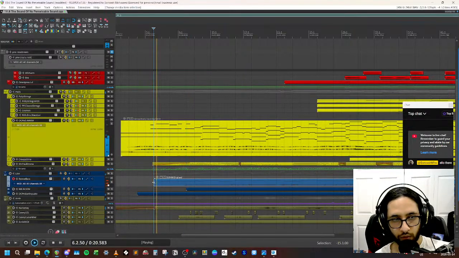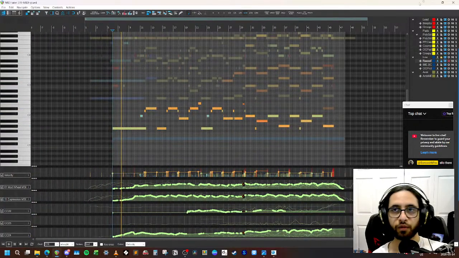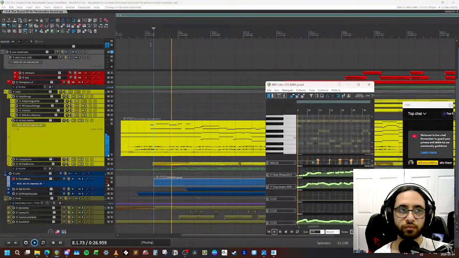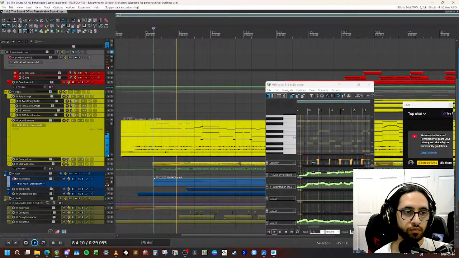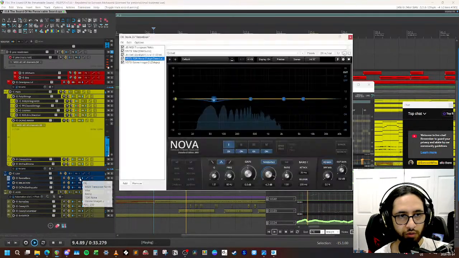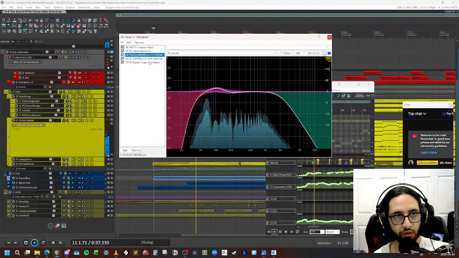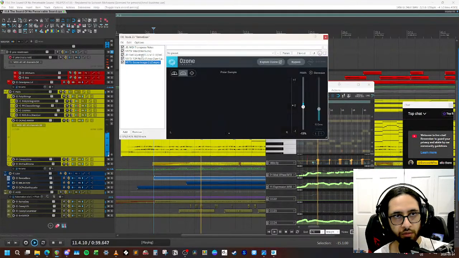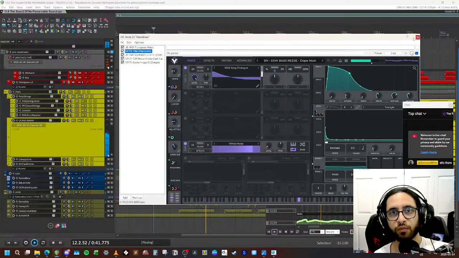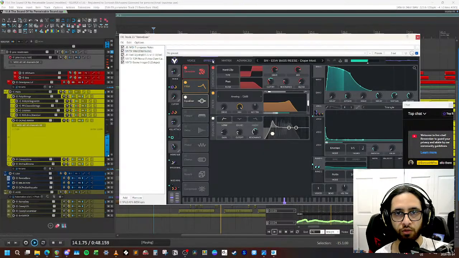Let's check that out. What did I do to it this time? Just some dynamic EQ, cutting out the high end also. Yeah, it's just the wavetable based patch with some white noise and distortion. Pretty simple.